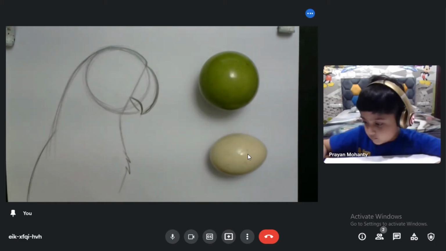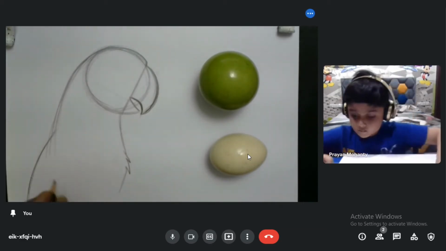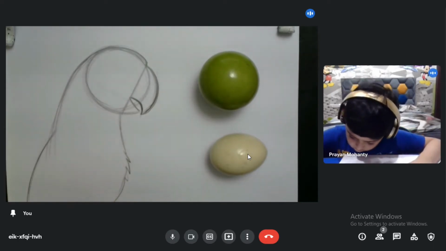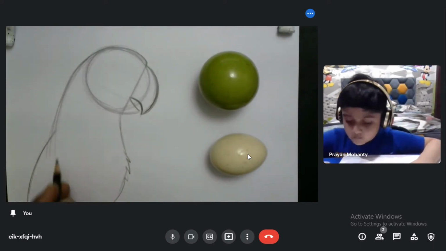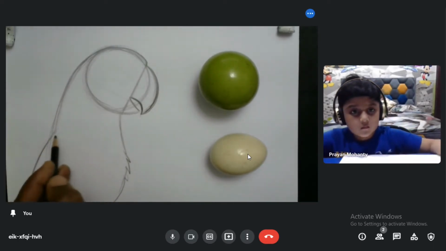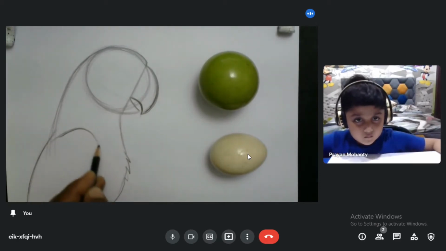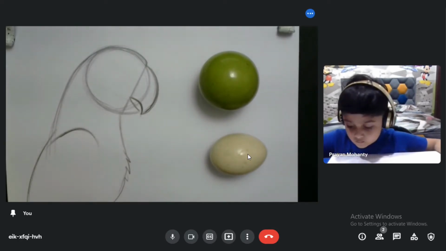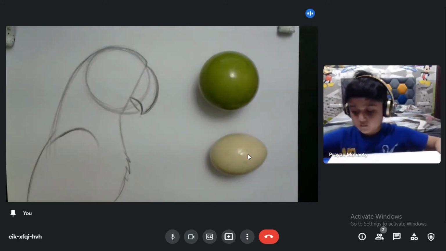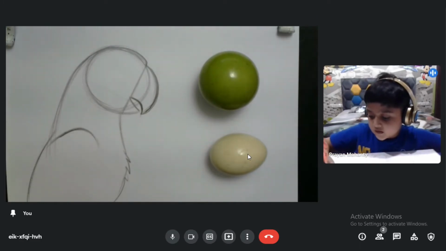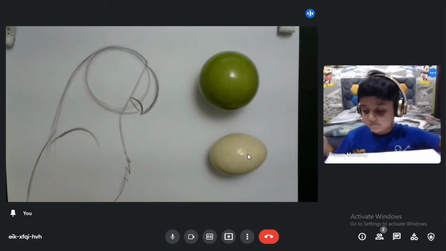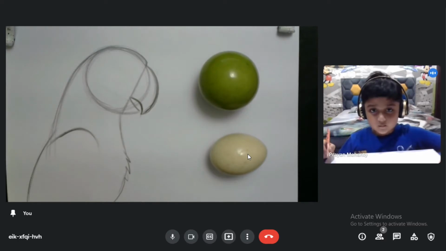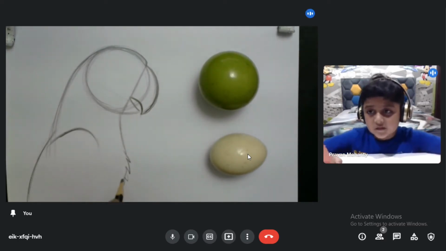So you take your time, relax. Don't worry, don't hurry. If you face any difficulties, you tell me. I can show an easy way. I hope that is okay for you. Is this way an easy way to draw, or is it difficult, beta? So this is also easy. Okay. So I have done this much.